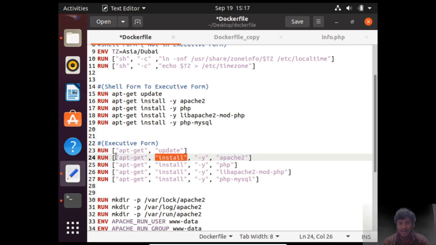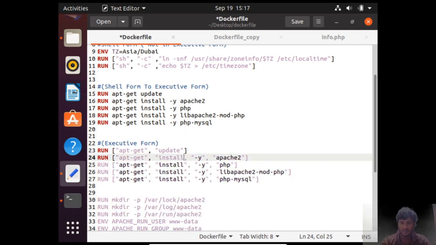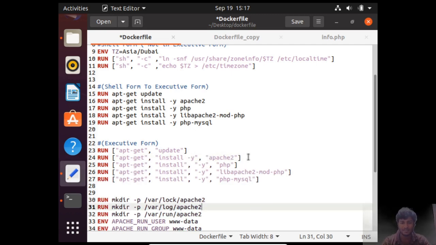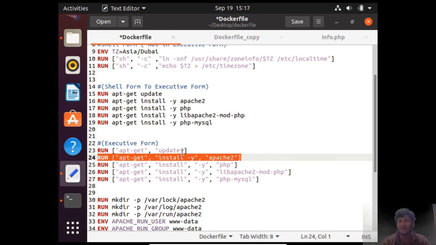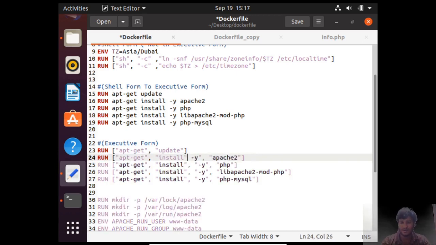So it says run apt-get. In apt-get, we are running install, and what we are installing? We are installing Apache 2 with the -y option. So this is how we write the exec form. When I started writing the exec form, I used something like this at first: install -y and then Apache. This will not work. All of them should be in different quotes.